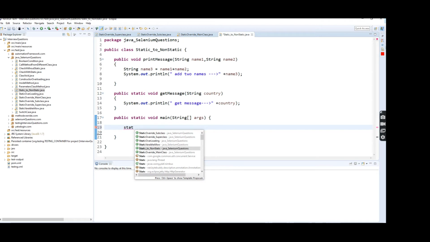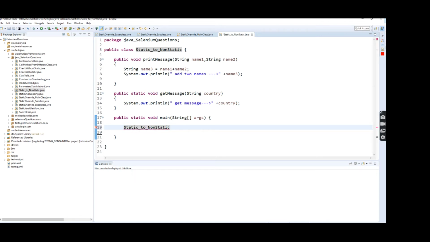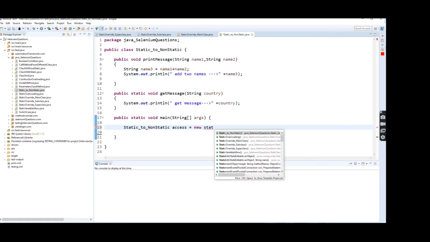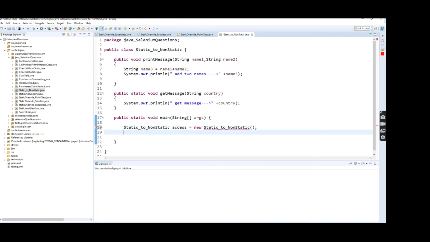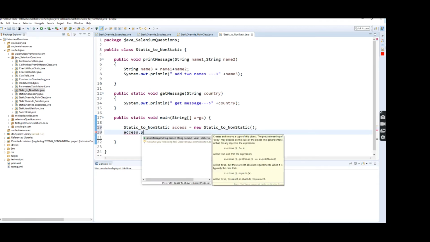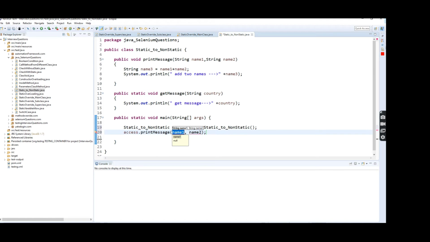StaticToNonStatic is the class name, and this is a reference variable. Using this reference variable, I'm going to access the non-static method, print message. Here, Purani is my best friend.